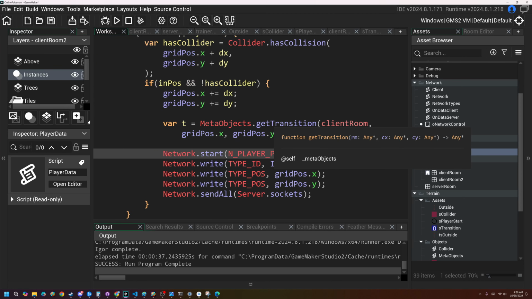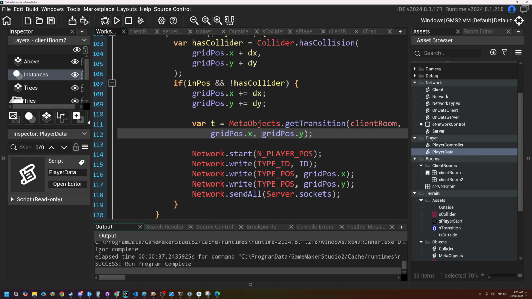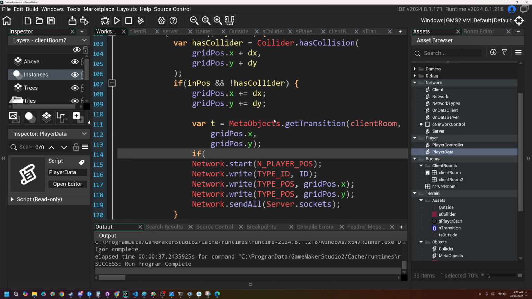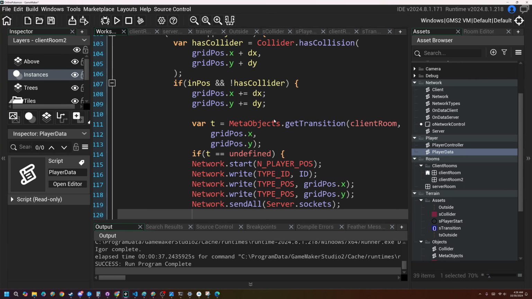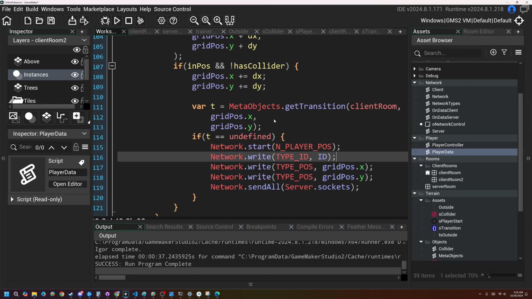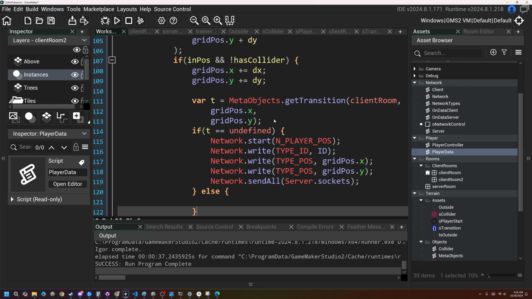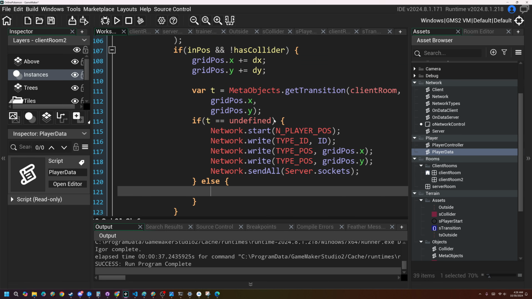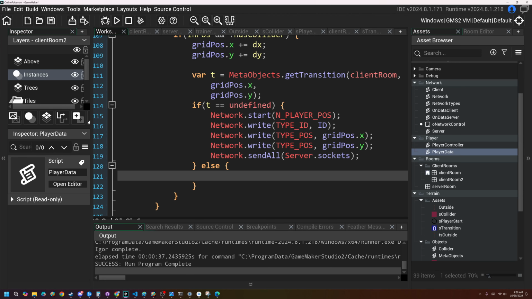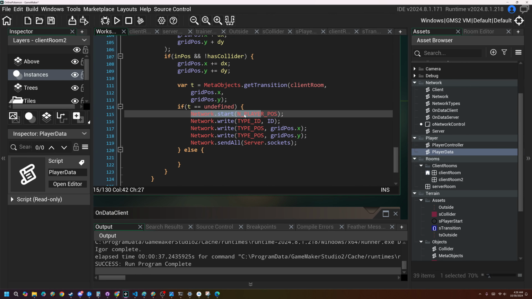I can put these on a new line. And I'll say if t equals undefined, then we can do all this, which will just straight up move the player. Else, that means we are moving into a transition, and we are going to actually create a new